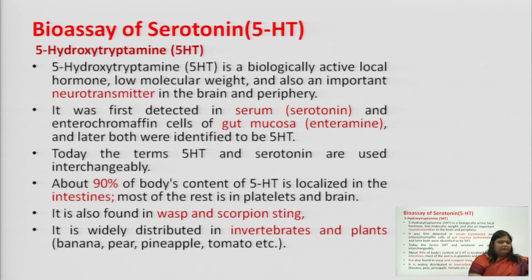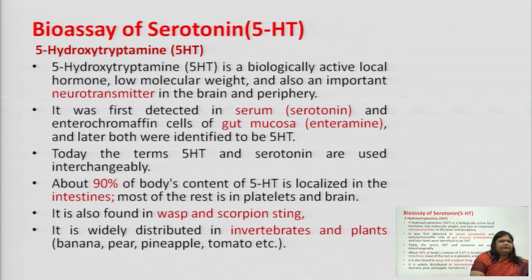It is a biologically active local hormone which has a very low molecular weight and is a very important neurotransmitter found in the brain as well as in the periphery. This was first detected in the serum, that is why it is called serotonin. Then it was also found in enterochromaffin cells of the gut mucosa. We call it enteramine,